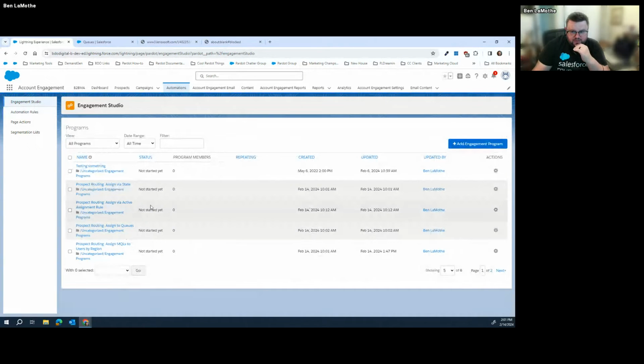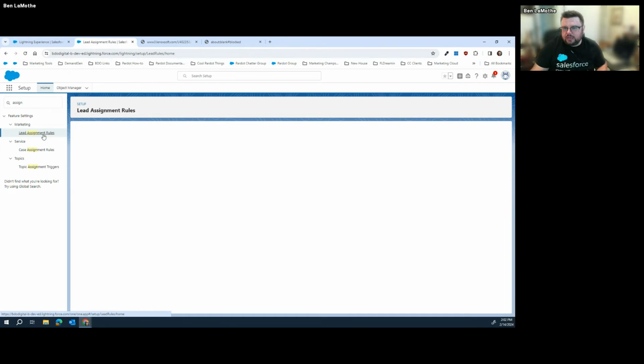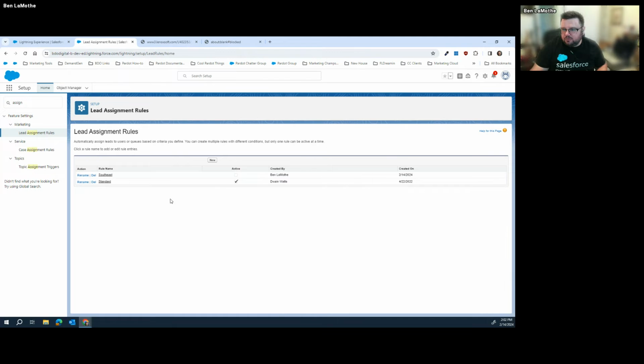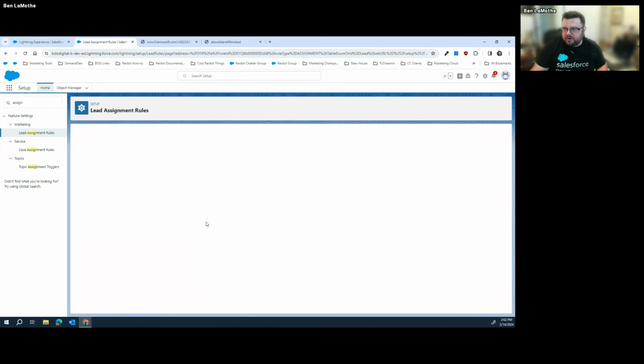So the other thing I want to mention is because we talked about regions, we talked about queues, talked a bit about states. I do want to talk about active assignment rules. So active assignment rules is one of those where, kind of like what Jen just mentioned, if you just need to get them into Salesforce and you've built all of the architecture for rules. So that would be like in here, if you have your lead assignment rules in place, for example, Southeast, if you have a bunch of criteria here that you want to add,